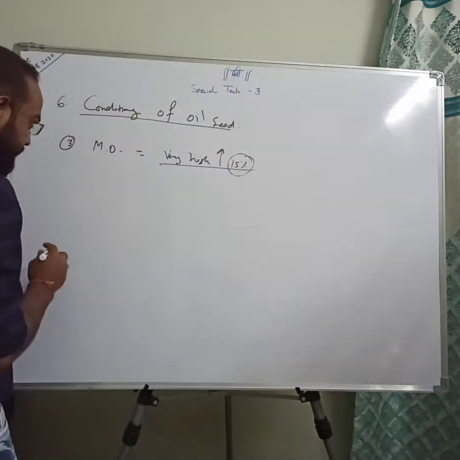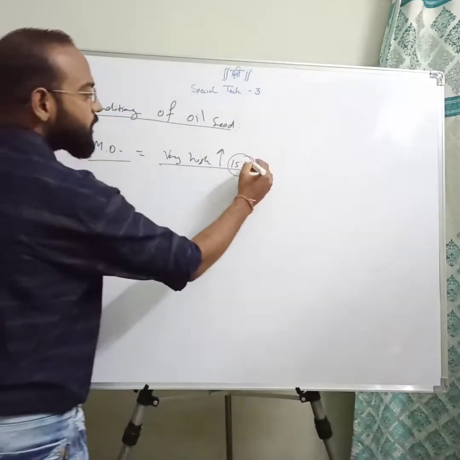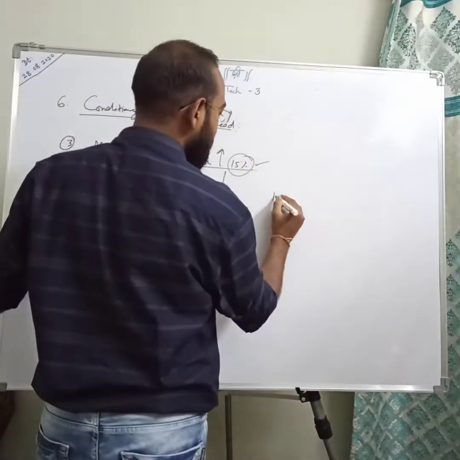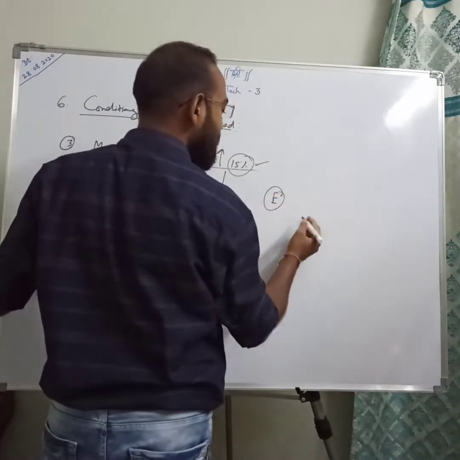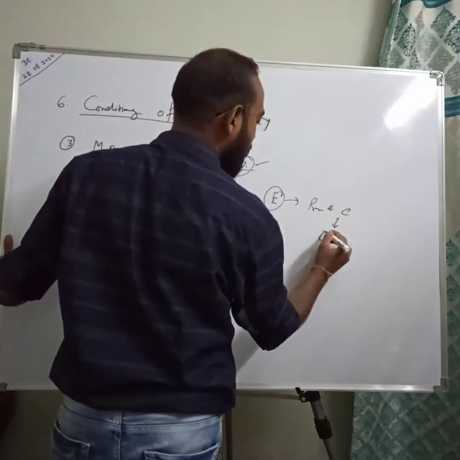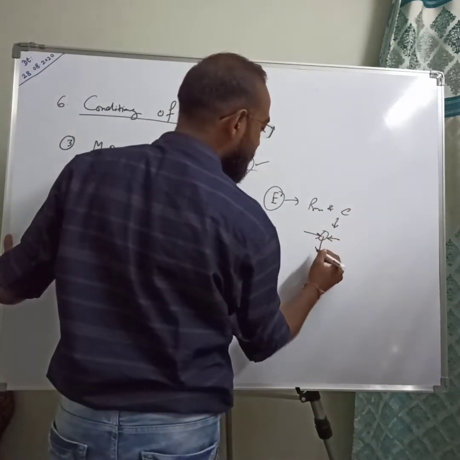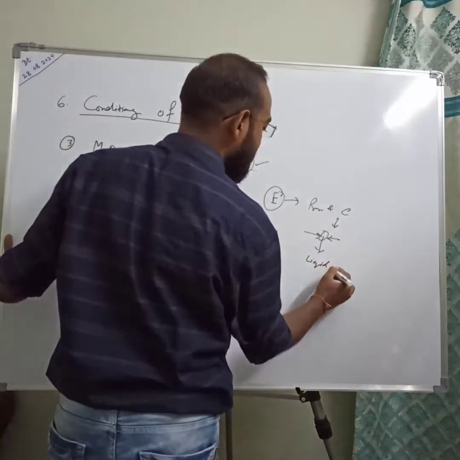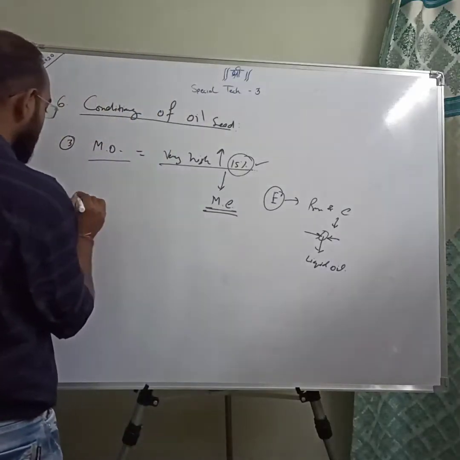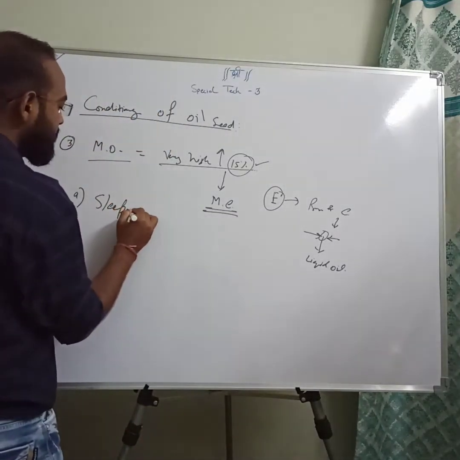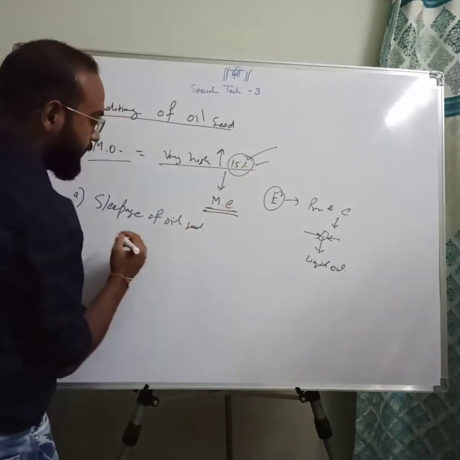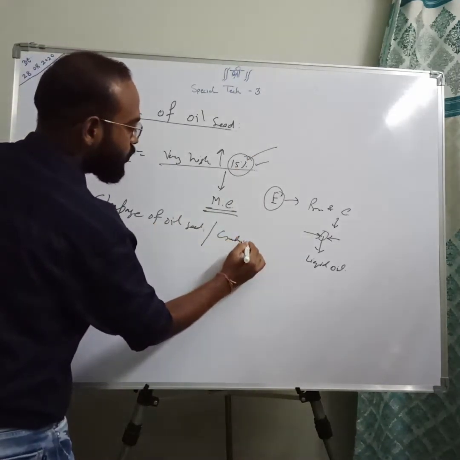Then what actually happens? When seeds with a moisture content of 15% are sent for mechanical extraction in expellers, there are big expeller machines which provide pressure and compression, due to which the oil seeds get compressed from both sides and liquid oil is extracted. So there is a strong chance of slippage. The first drawback is slippage of the oil seeds, which is there due to excessive moisture content, and the crushing is not proper.